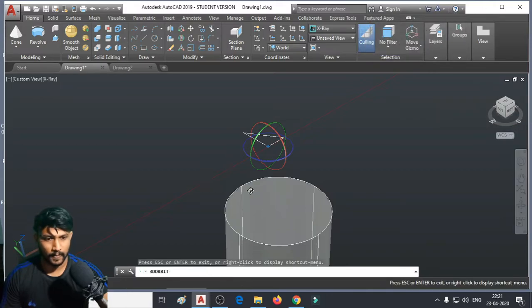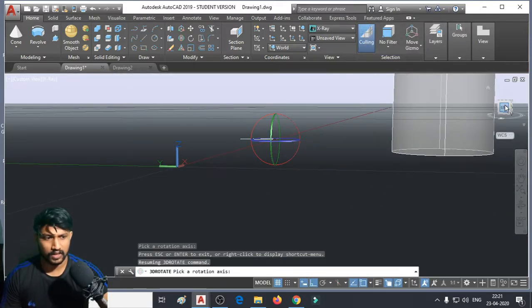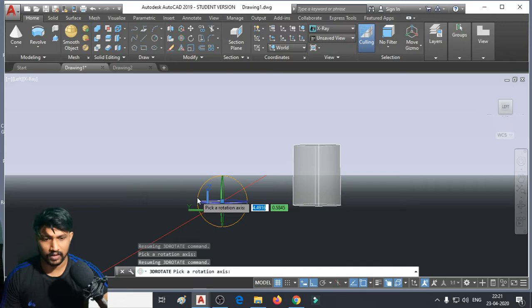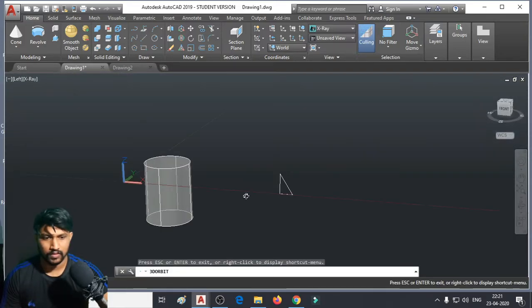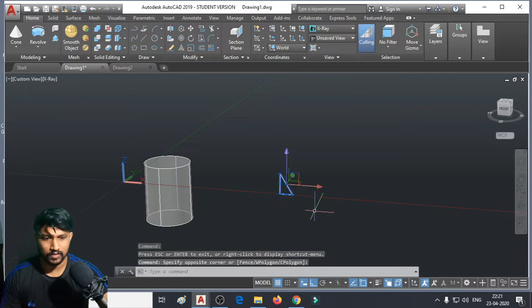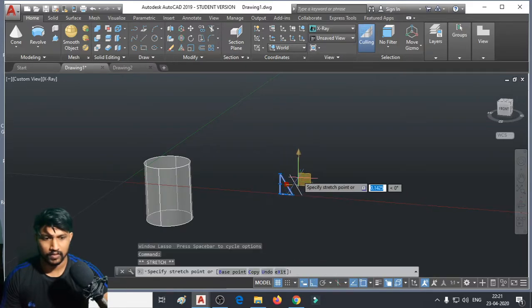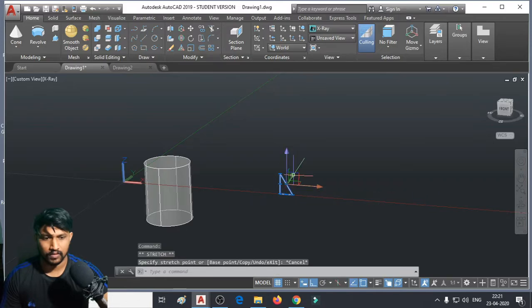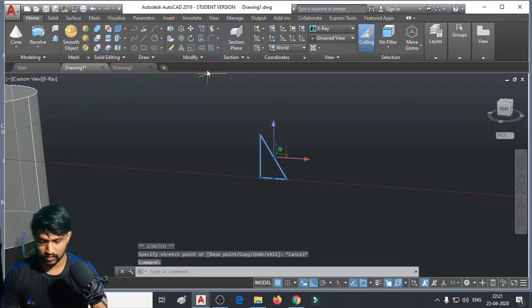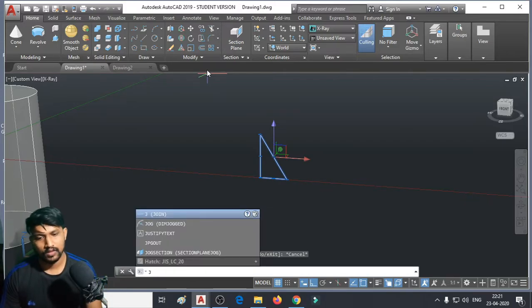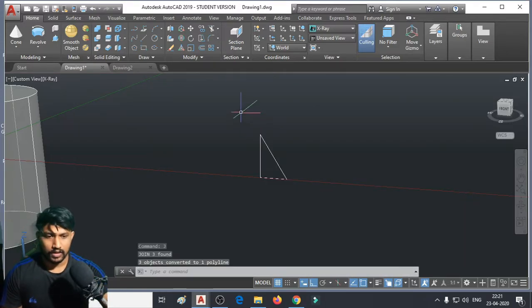We can select any point on that particular edge. Okay, the geometry has been made. I just want to join this. Yeah, join that.